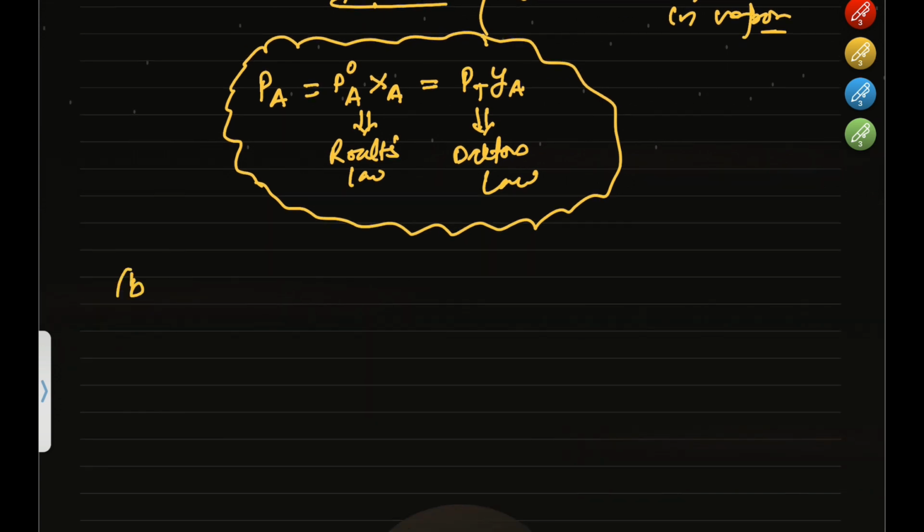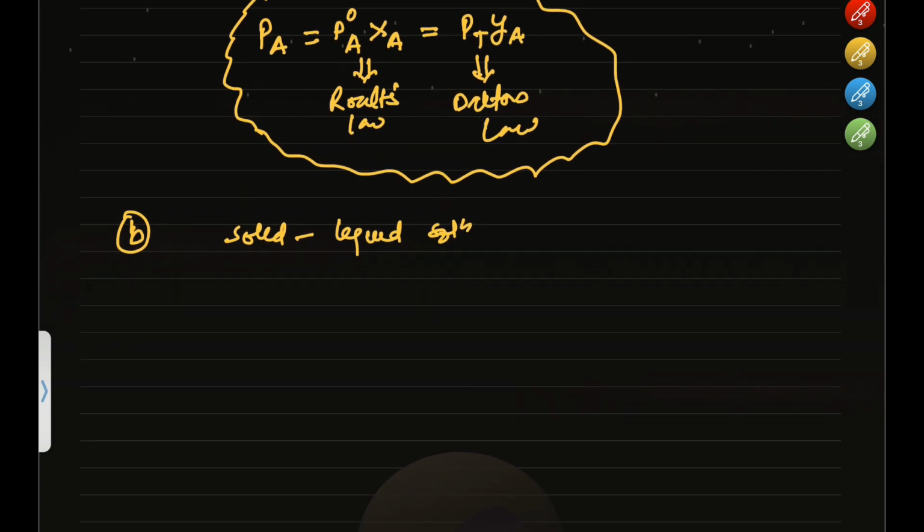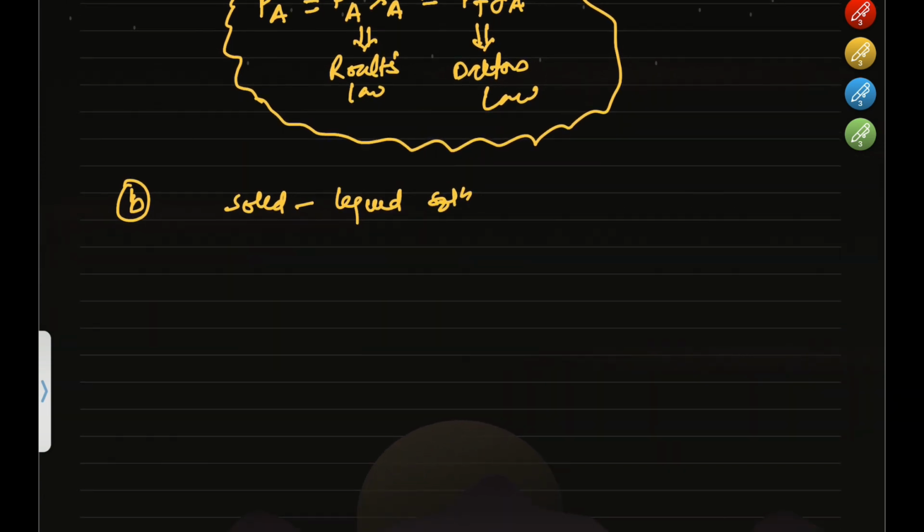Second type of solution is the solid liquid solution. Solid liquid solution, where the solid is a non-volatile solute, and the liquid is a volatile solvent. Okay,